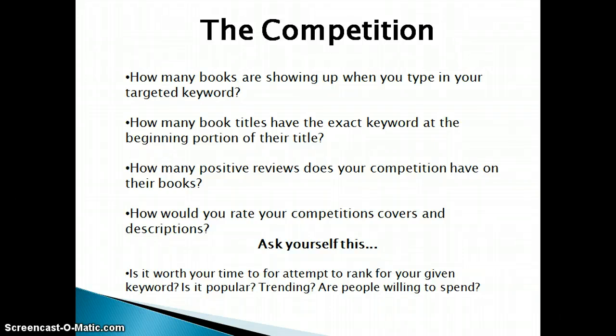So if you're going after the keyword baseball, have the title be baseball, and then have the subtitle be what else you would say to describe the book. So how about baseball, 23 tips for improving your hitting. So make sure that your first keyword, or the keyword that you're targeting, is the first thing in the title,